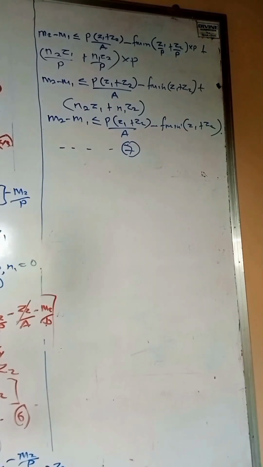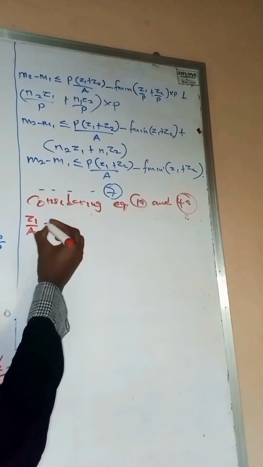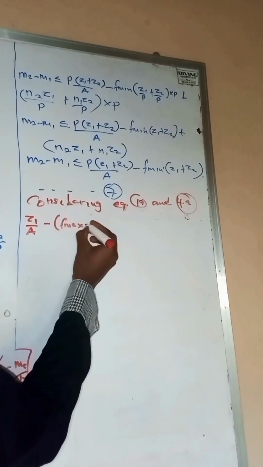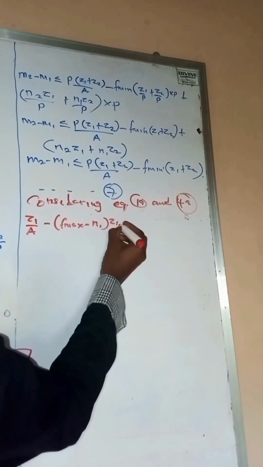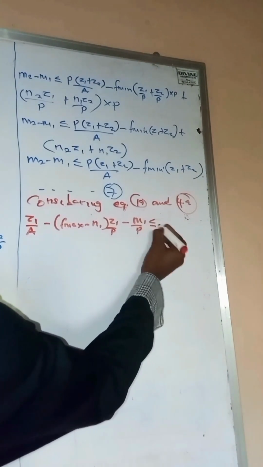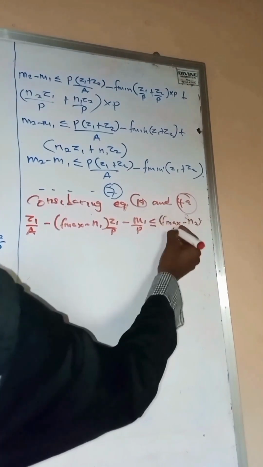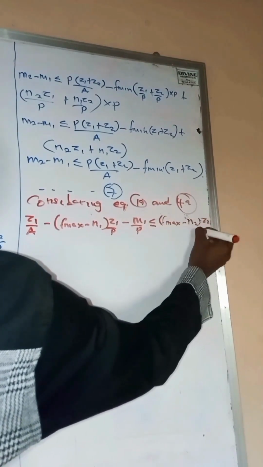Of course, we are going to have three basic equations of inequality. So we're going to have the next one, which is the next equation. In this case, we're going to be comparing equation 1a versus equation 4a. Now let's start: f maximum minus n1 z1 over p minus m1 over p is less than or equal to, equation number n2, z2 over p,